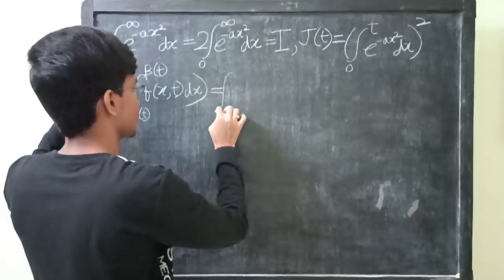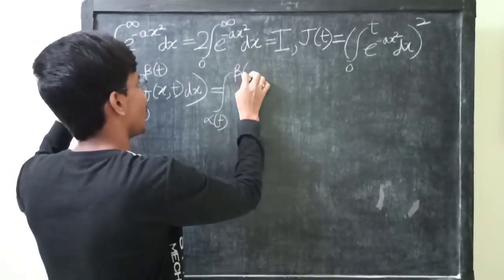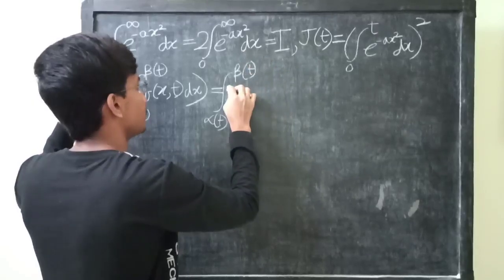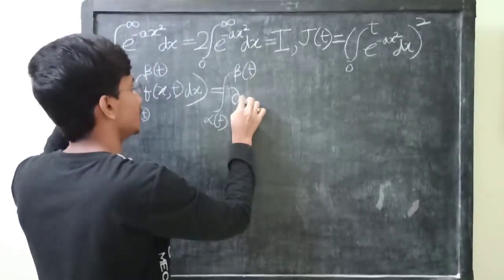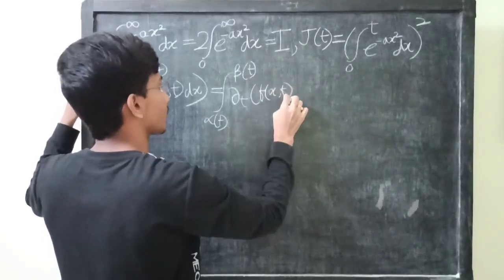So we have the integration from alpha of t to beta of t, partial derivative with respect to t of f of x comma t dx,